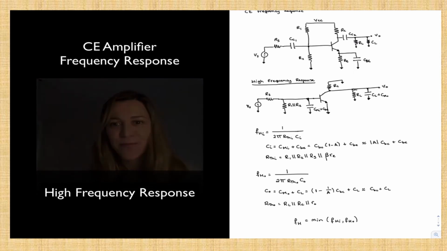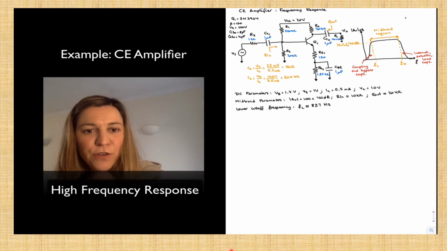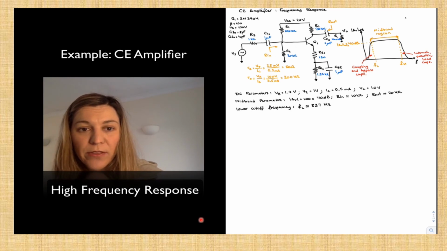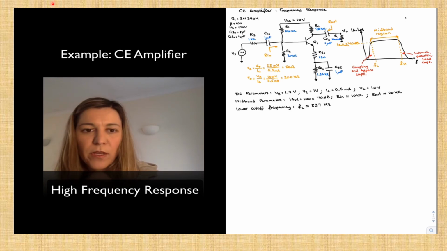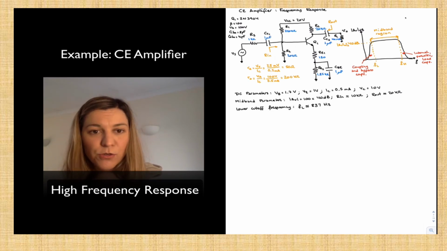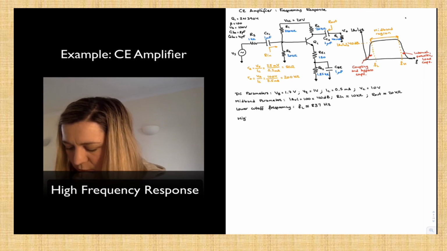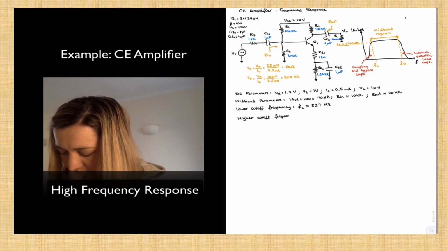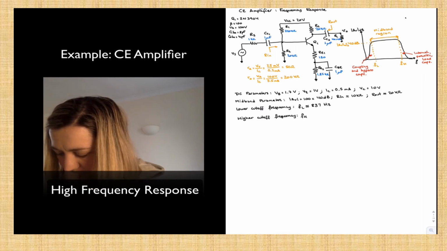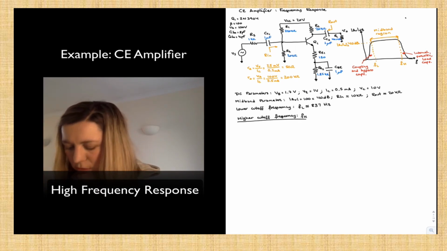Finally, we are going to calculate the higher cutoff frequency for this common emitter amplifier, and that is FH. Now, in order to do that, I'm going to draw the high frequency equivalent circuit, just because it's going to allow us to see things more clearly. So let me go higher cutoff frequency, FH. And again, I'm just going to redraw the circuit,